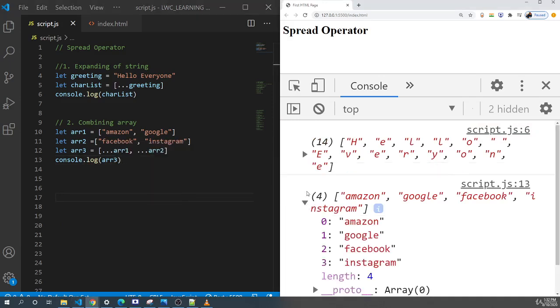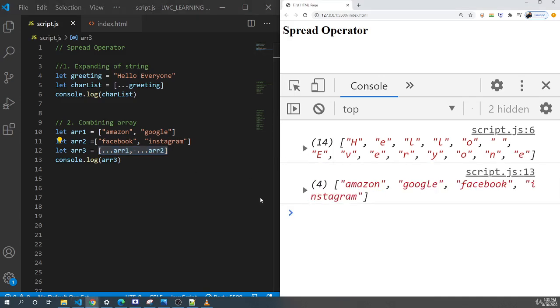So now you can see the combination of array1 and array2 is coming in array3. It's very simple. You don't need to remember any particular method, whether it's the concat method or any other approach. So this is the easiest approach. So let's go to the third operation that you can do with the spread operator: we can add values as well. We'll say adding